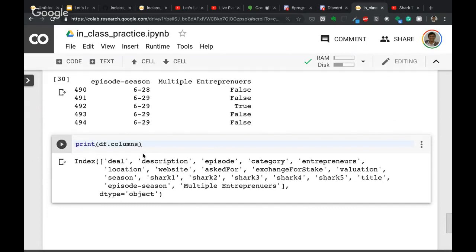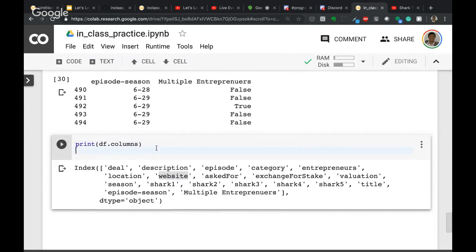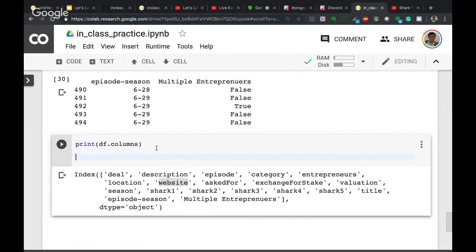Now, suppose you are unsatisfied with the name of a column. Sometimes the data set that you get, the columns aren't explained properly, they're not intuitive. So let's say in this case, we find that the column website is a bit unintuitive and we want to change it to company website. So it's a bit clearer. So how can we rename a column? So to do that, what you do is you say df, and then you call the rename method,